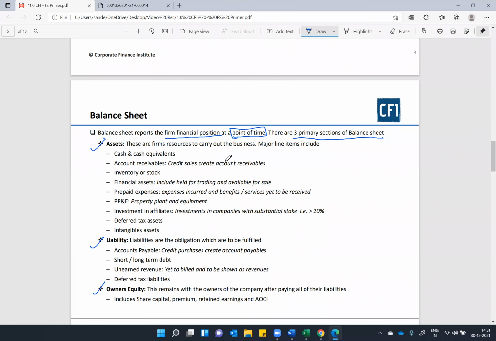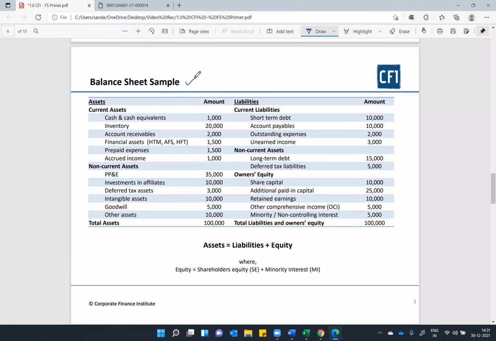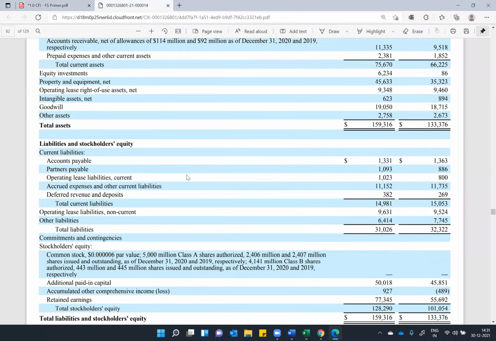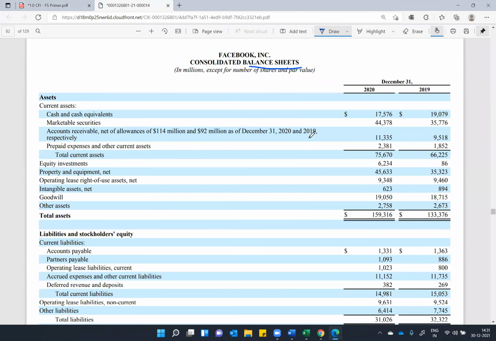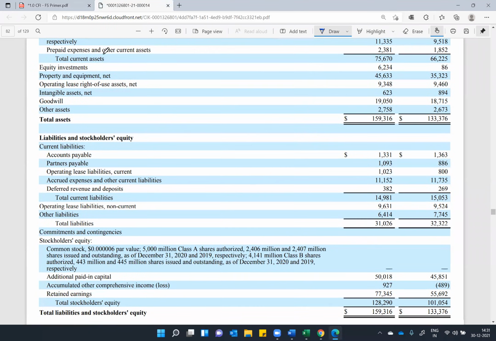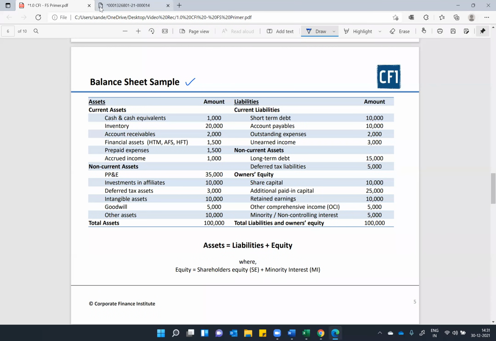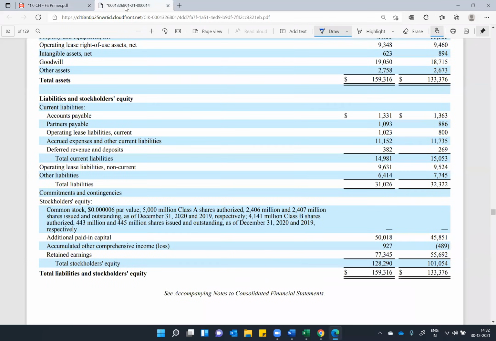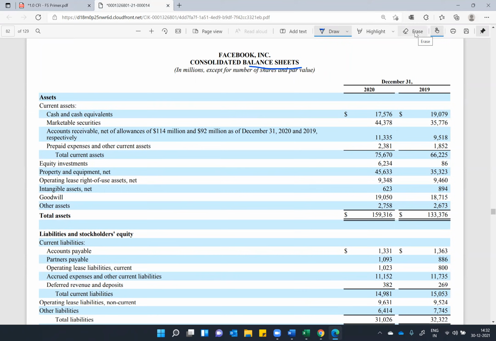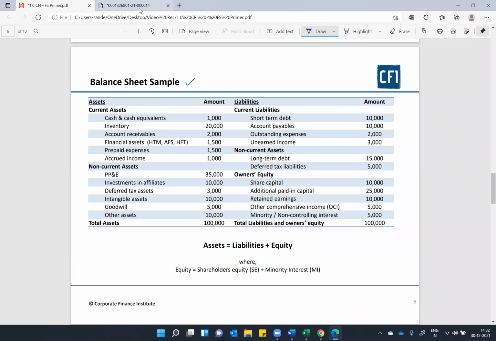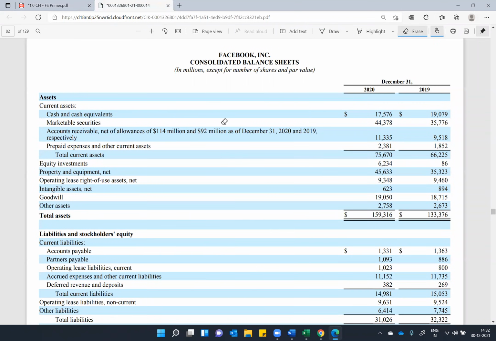So we're going to see a format here, a sample that we have for you guys. Also, we do have an annual report of Facebook balance sheet so that you can see a real company's balance sheet, and you can have a look at it and see how well they match with each other in terms of line items. So we'll go one by one. Let me walk you through the balance sheet of Facebook, and then I will show you some extra line items that I have in this balance sheet sample. Right. So let's get started.